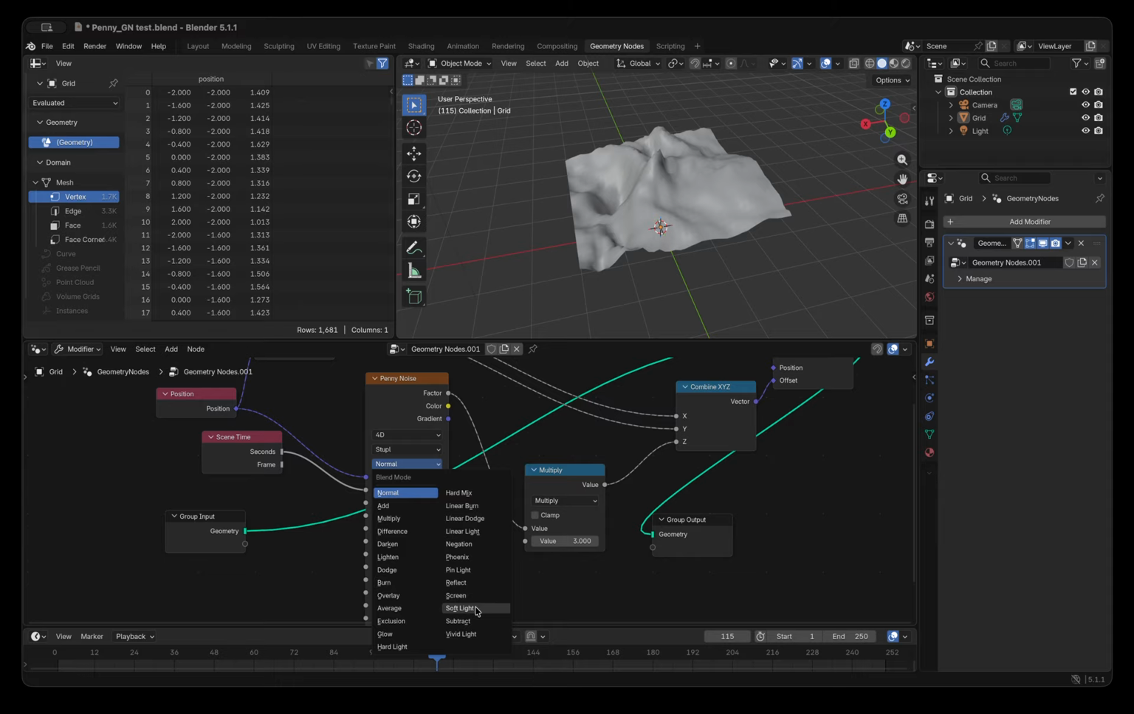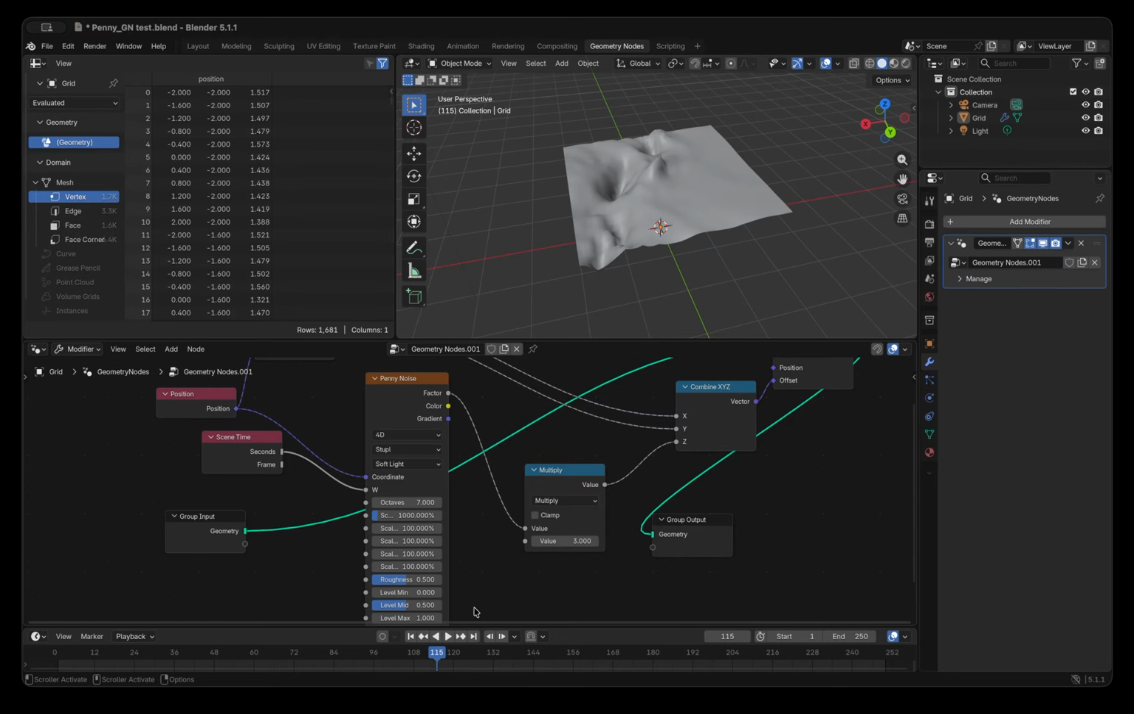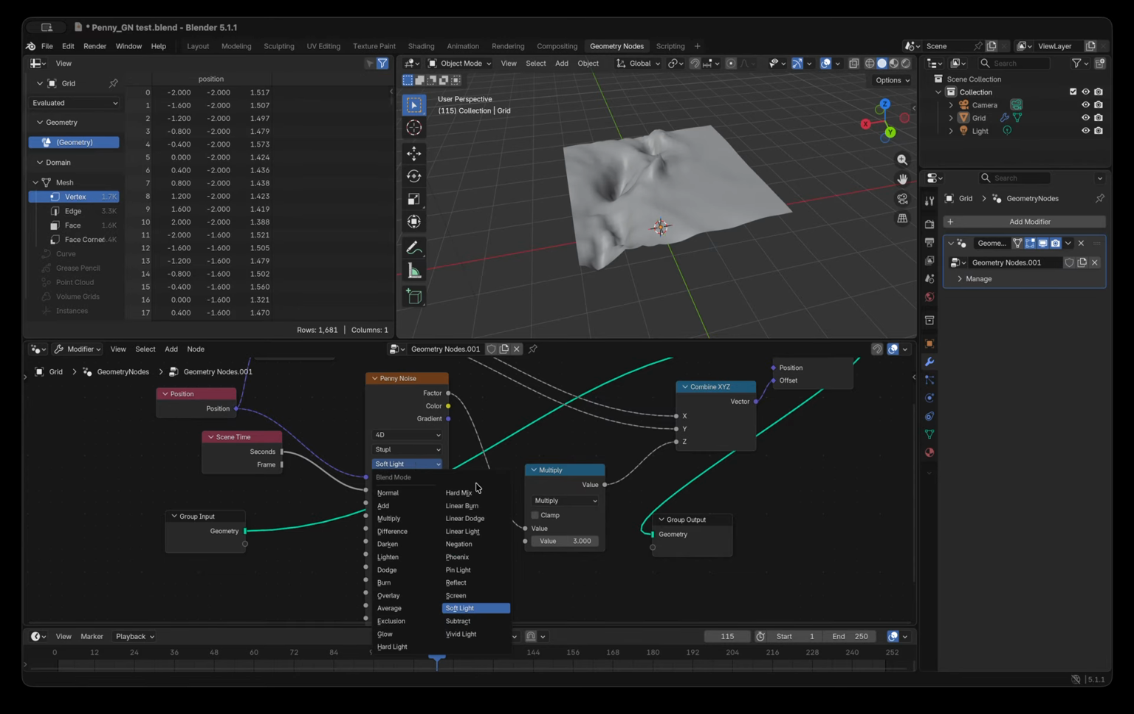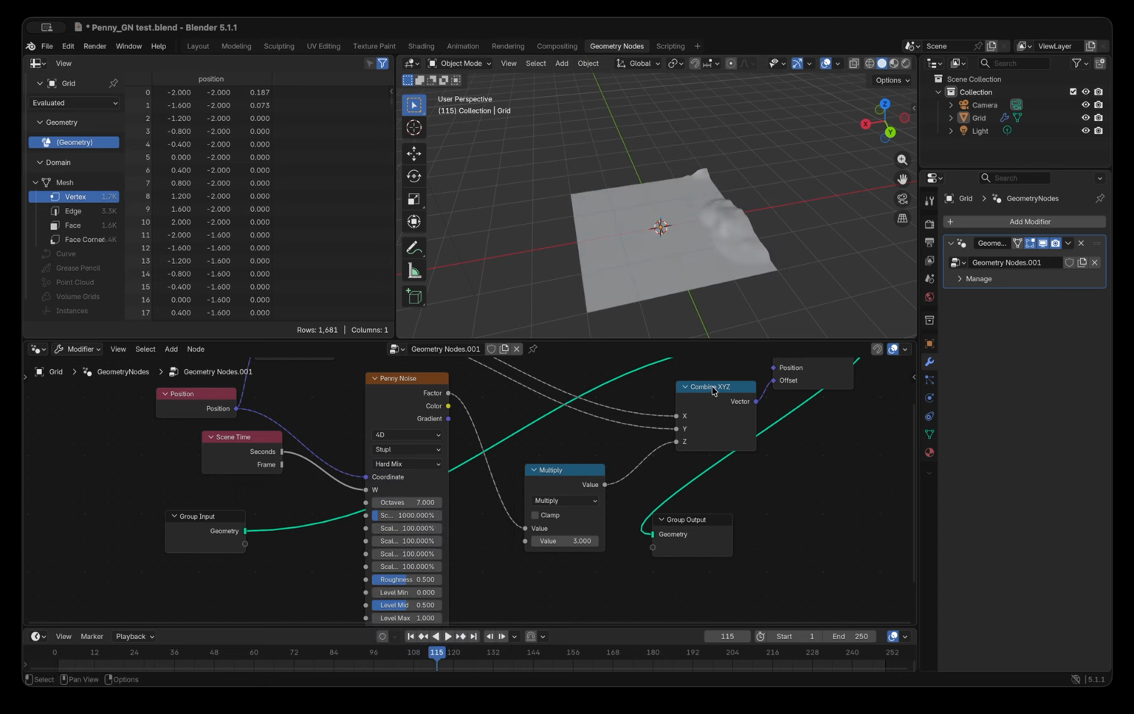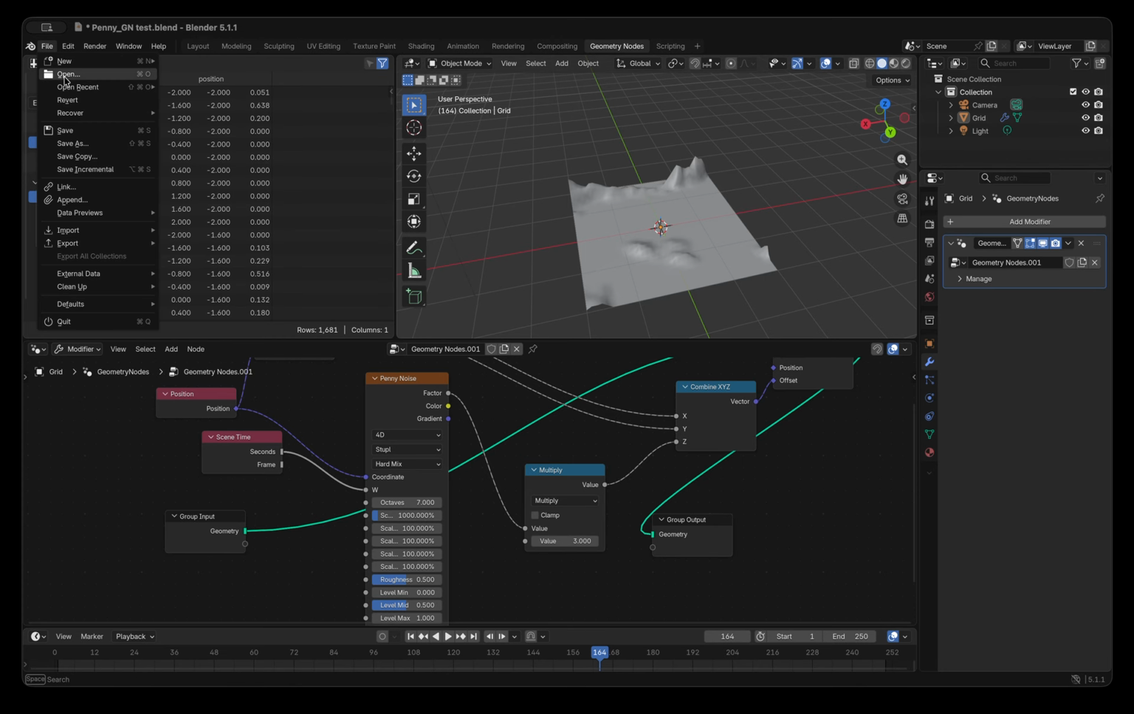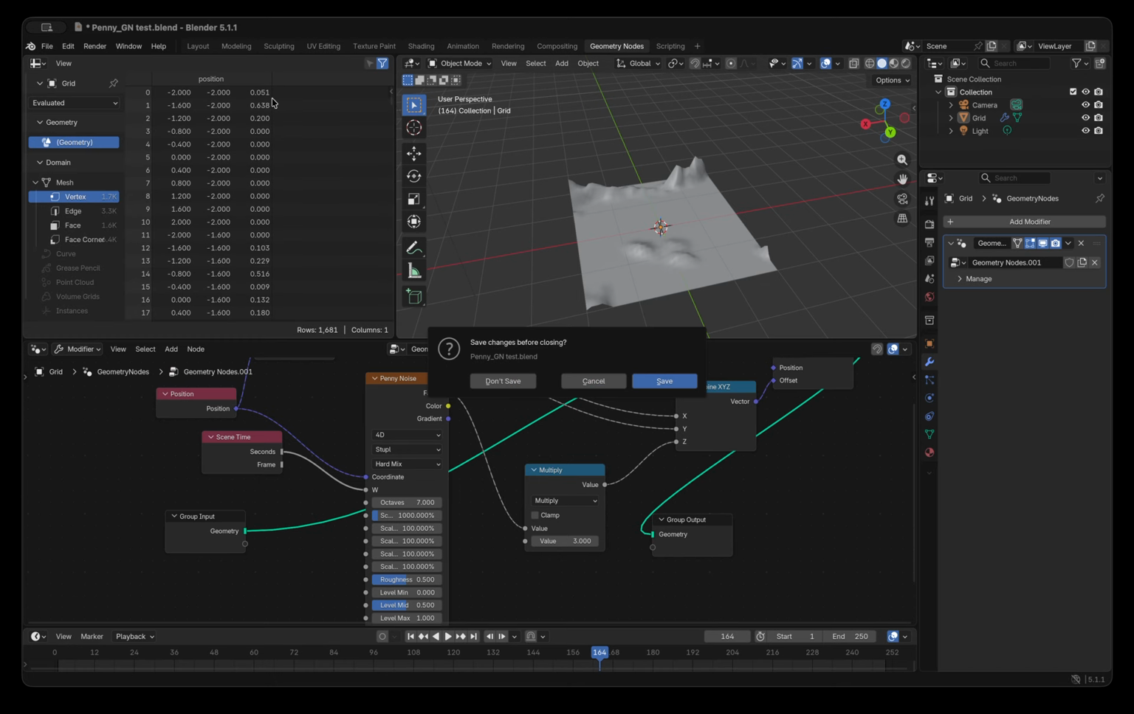I also added 24 blend modes, and you'll see as you go through, they'll do different things. Hard mix is very black and white, so you get these very detailed, very contrasty elements coming and going. All right, so let's look at the